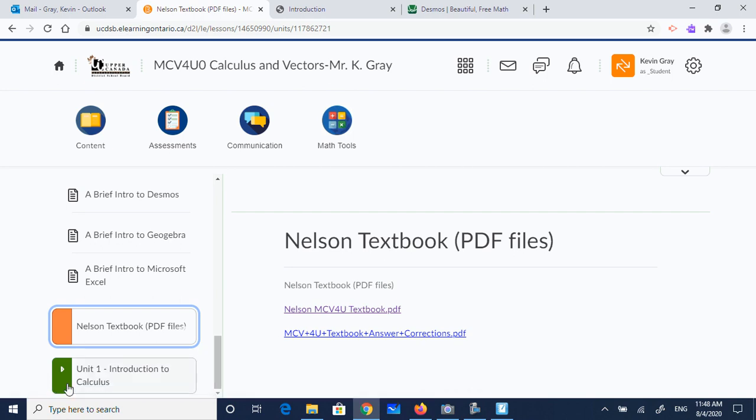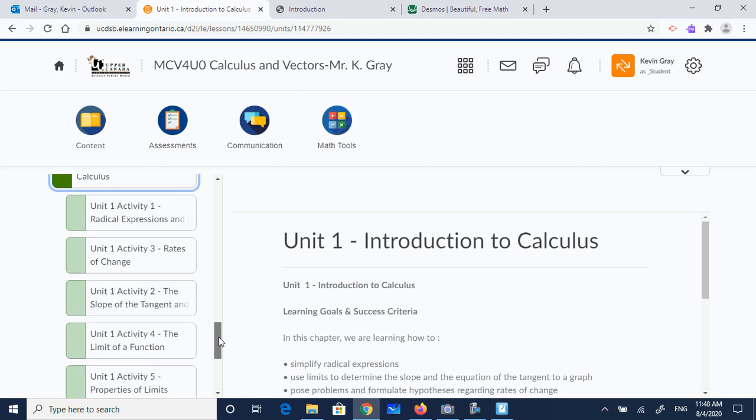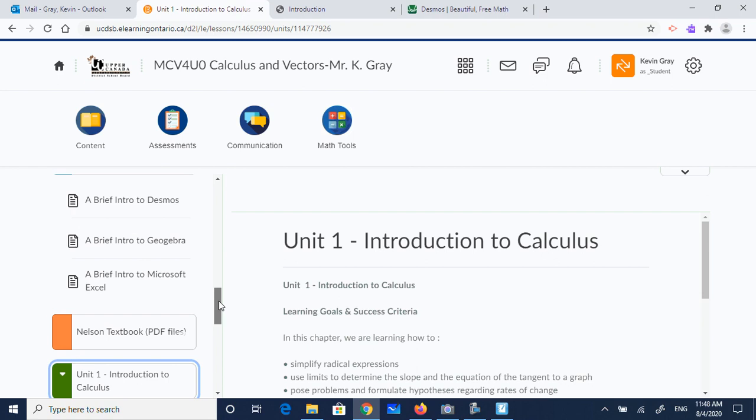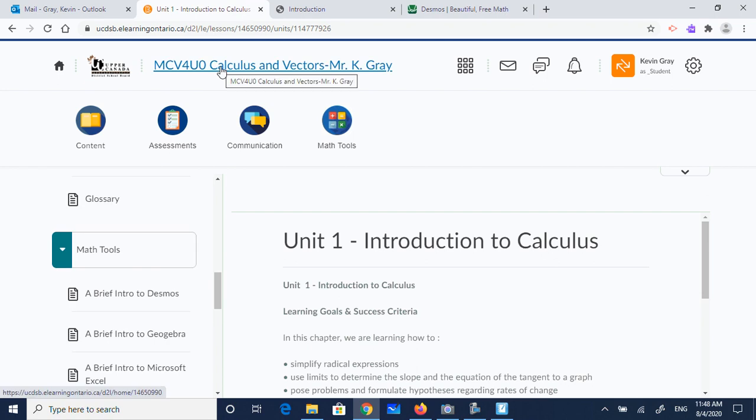Okay, and then Unit 1, we'll get into Unit 1, and we're going to talk about this intro to Unit 1 here today. Okay, so that's it. Now back to my home page. I use Desmos a lot. I need to talk about that. So on my home page,